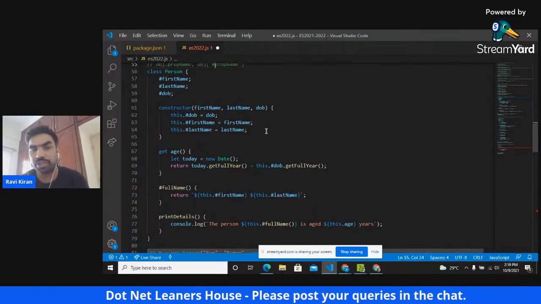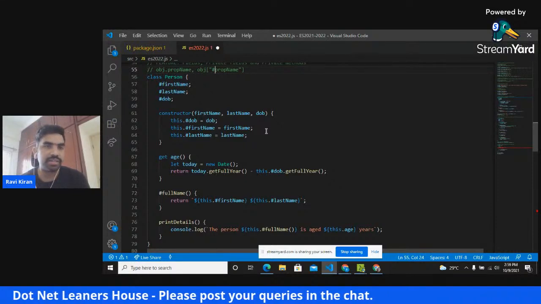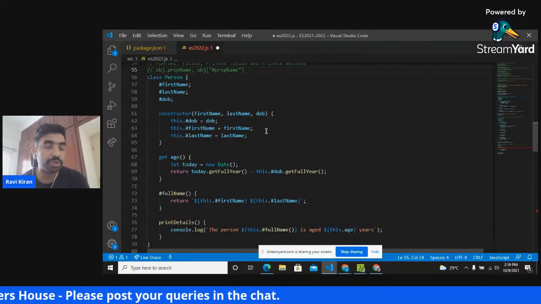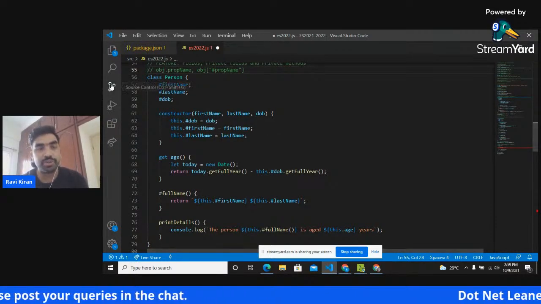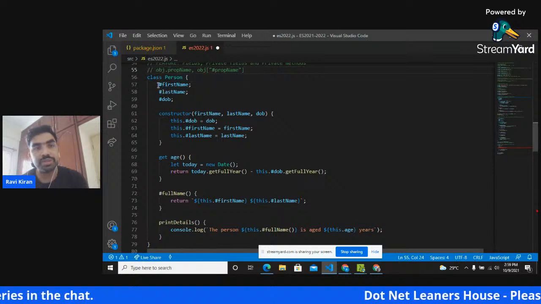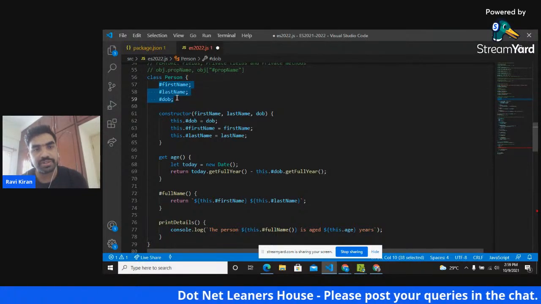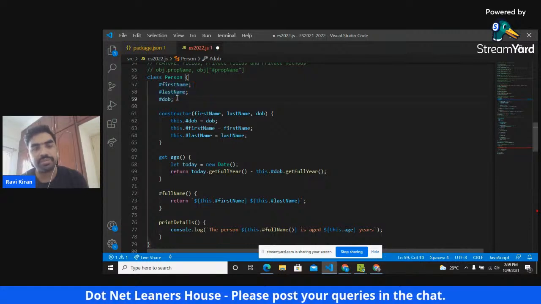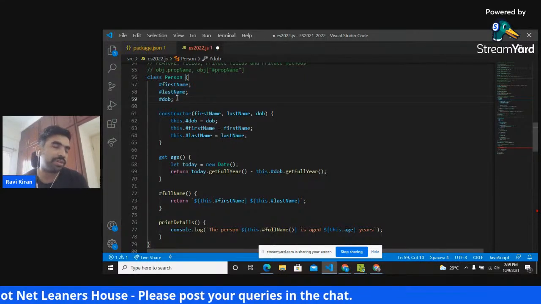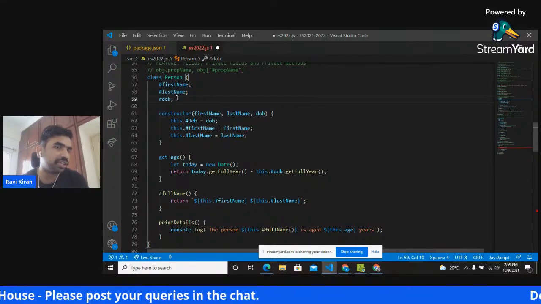And one more good thing that is proposed to get added in ES2022 is the declaration of fields. Sorry for forgetting this feature initially.